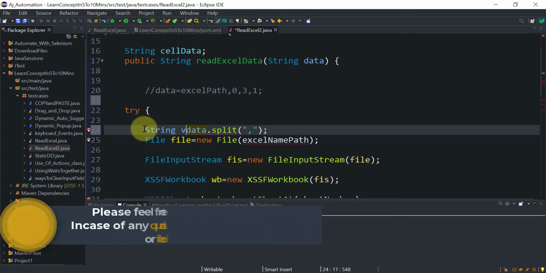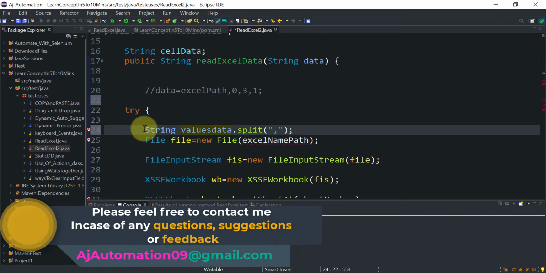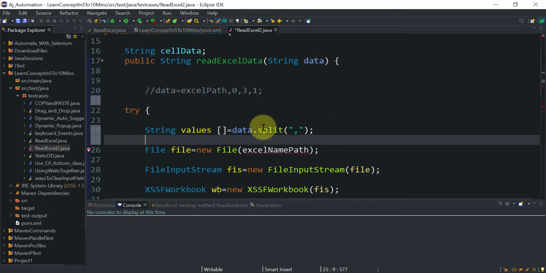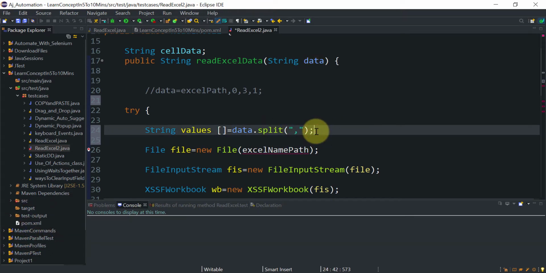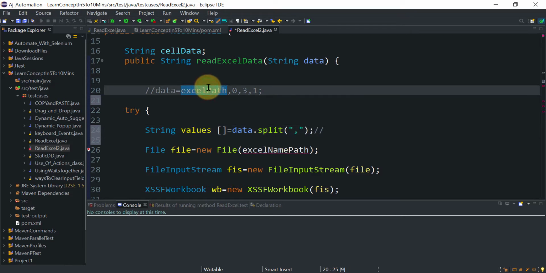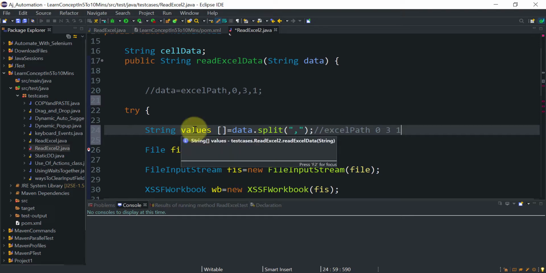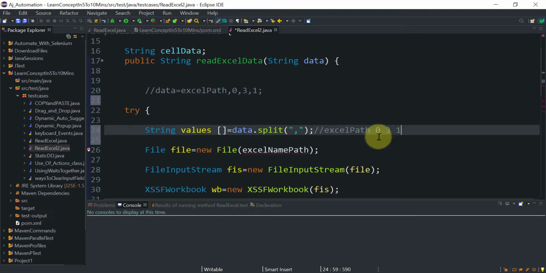So let's say values equal to, and after splitting that string we will get four values. What will be the first? The first value will be this one, the second value will be 0, then the third, and then this is the column number, and these values will be stored at the array locations.